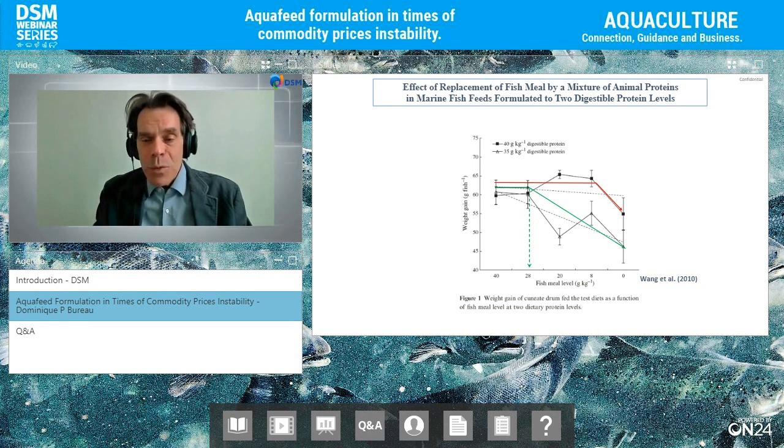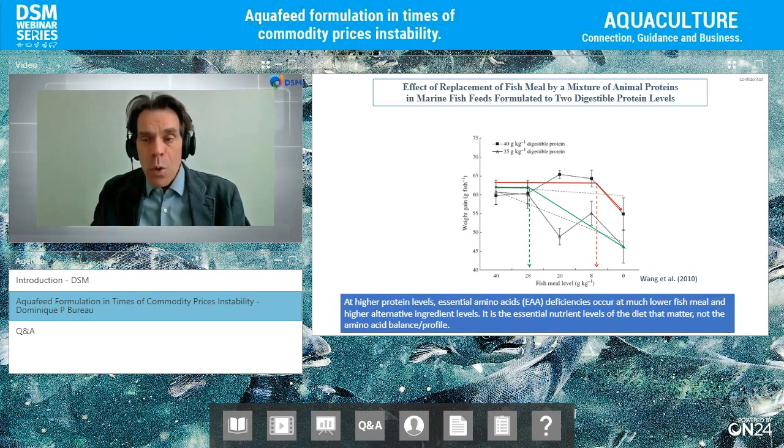So that made me realize, well, we think about fish meal replacement and feed formulation, but really the animal is after nutrients. And if you're replacing a good quality ingredient with lower quality ingredients, what you should be focusing on is the nutrient level. And there's no formulation trick like this. You can increase your protein level and focus on meeting the essential amino acid requirements as a percent of diet. Now you may say, well, but the requirement may be a function of the balance of amino acids, the ratio of this. Well, actually, from my perspective, from what I've seen, it doesn't really matter.